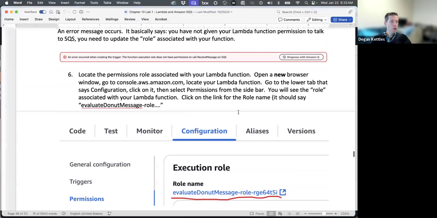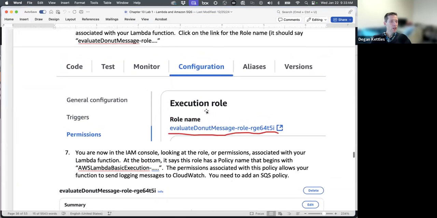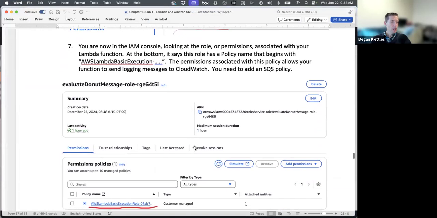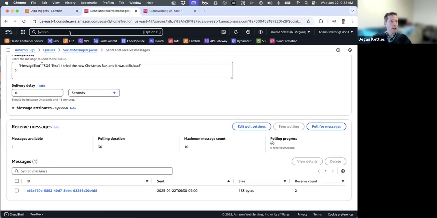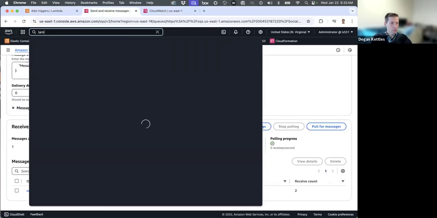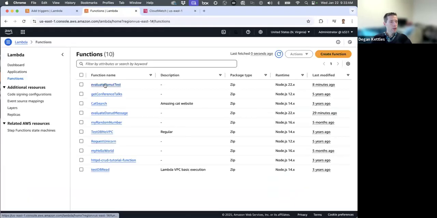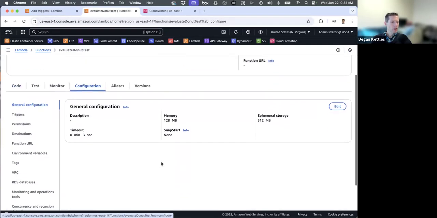So I'm going to open a new browser, go to the console, and under configuration, there is a role that allows the Lambda function to talk to different things. And let's go ahead and find that. So I'm going to come over here, find Lambda again. And there's my donut thing. There's still nothing attached to it because I haven't finished setting it up yet, but I come under configuration and